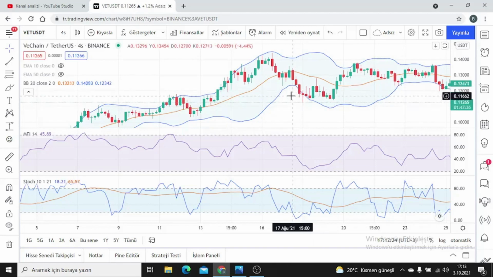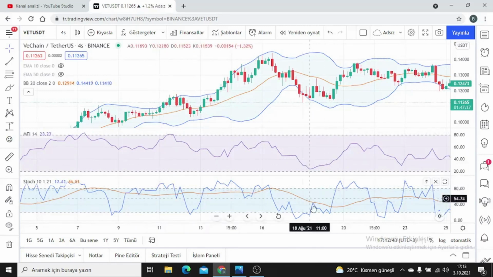The Bollinger Band produces a buy signal here. That is, it produces a buy signal because it touches the lower channel band. But what we need to watch out for is our MFI indicator, that is, our money flow indicator, continues to decline. This shows us that there is a sale in the current crypto money and there is an outflow of money. Look as you see. We confirmed it here. Let's get confirmation by the stochastic.